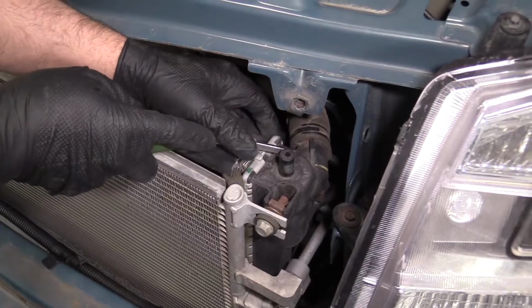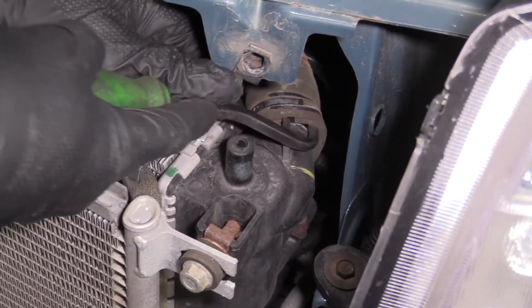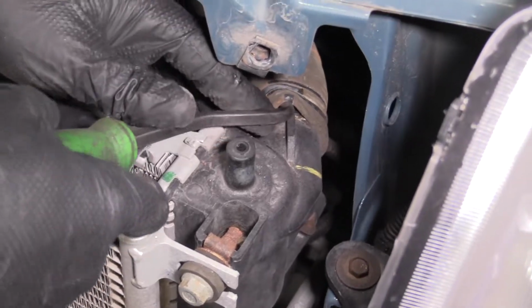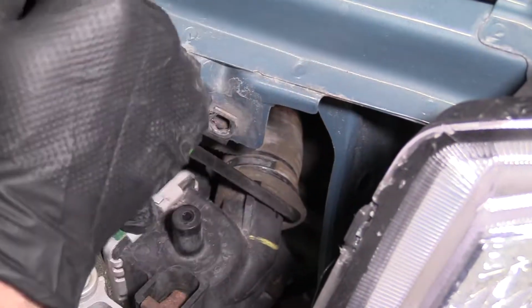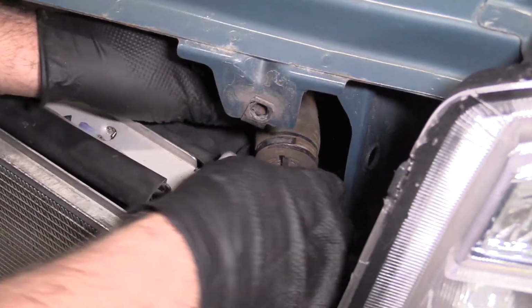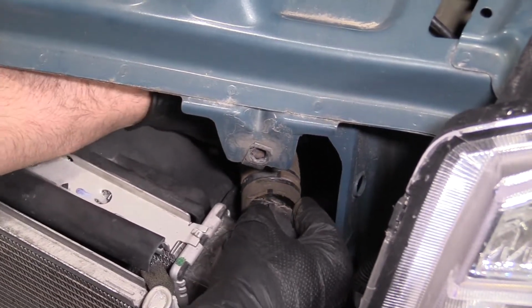Now I'm going to use a large pick to release the seal on the hose. Just go right around, loosen this up. Be careful not to stab the hose. All right, and I can pull it out. I should be able to wiggle the hose back and forth a little bit. Try to twist the hose. Pull it off,